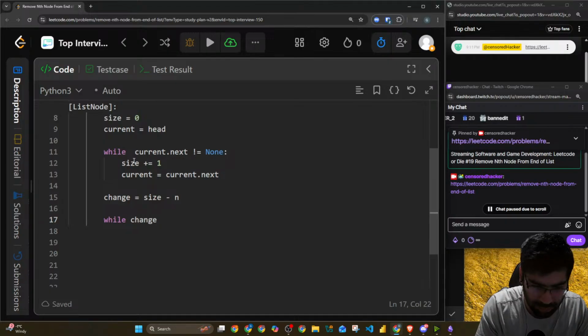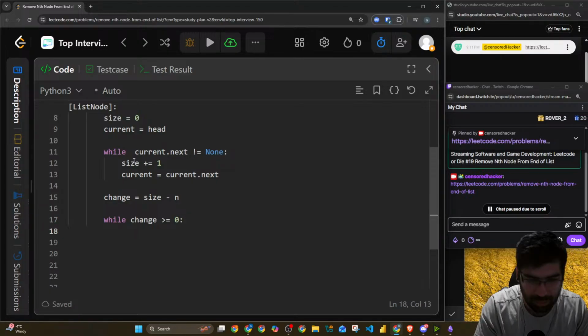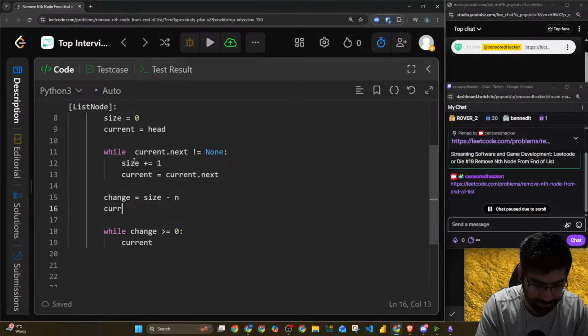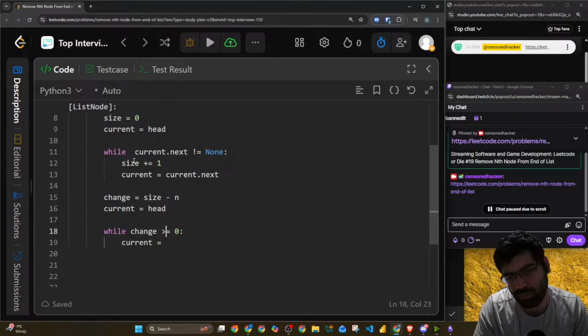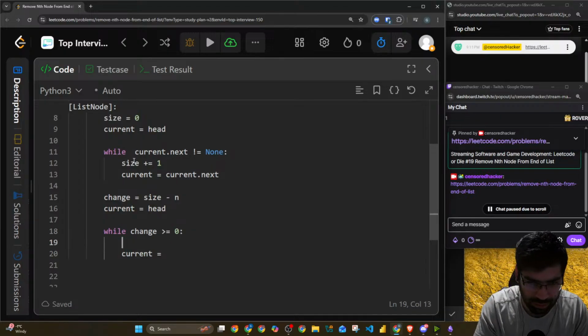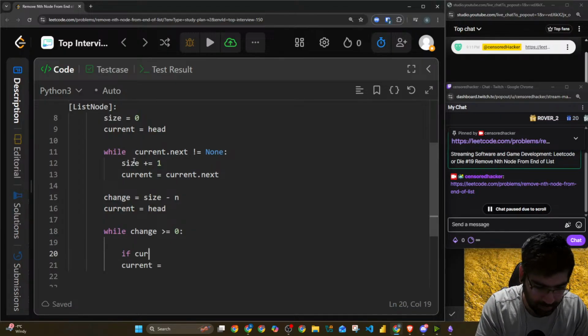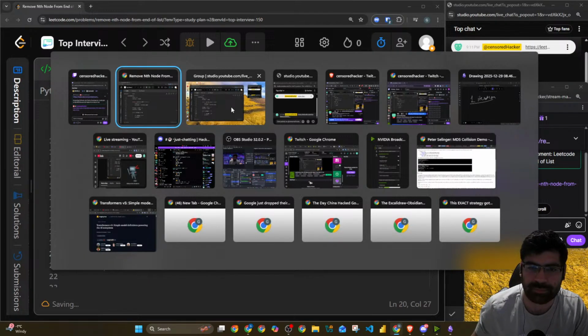While change is greater than or equal to 0, it goes to the first one, and we'll set the current again as head. If change equals 0, what that means is